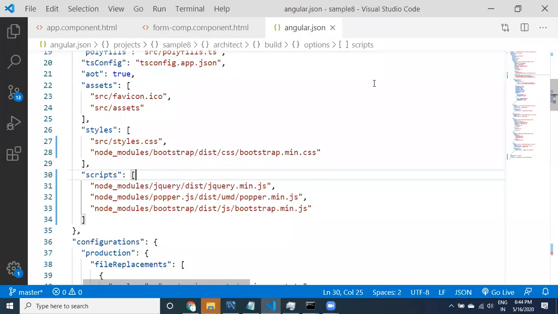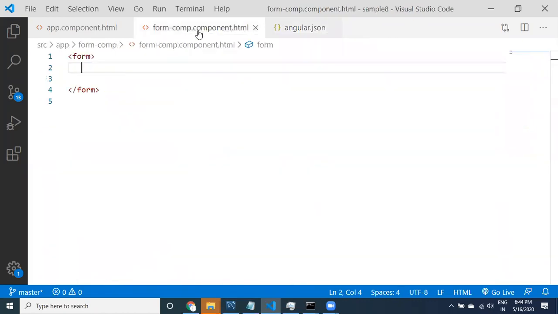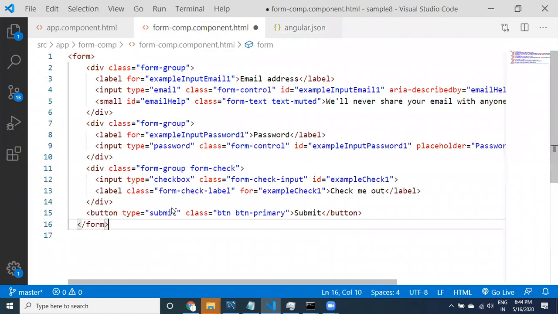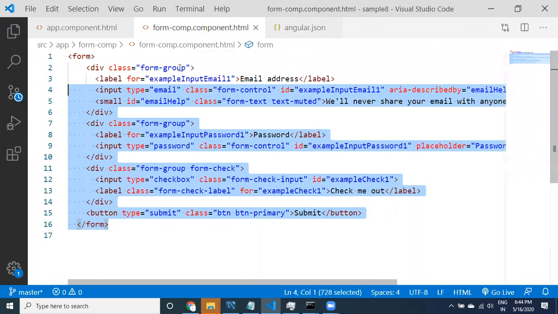Of course we have separate classes related to forms and form validations also. Now we are not dealing with the complete form-related stuff. This is something related to input and output. I'm introducing the form, and then we are working with the input and output. Let us go to the form component HTML. Instead of taking this one, let us take the form that I have copied from the website.